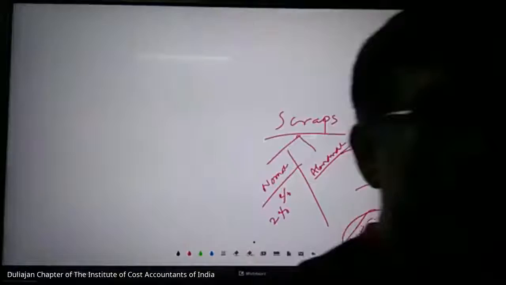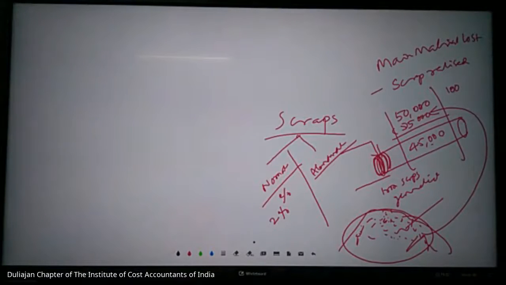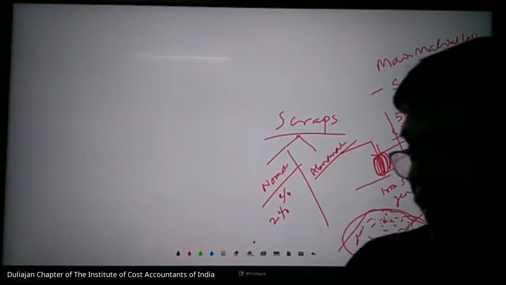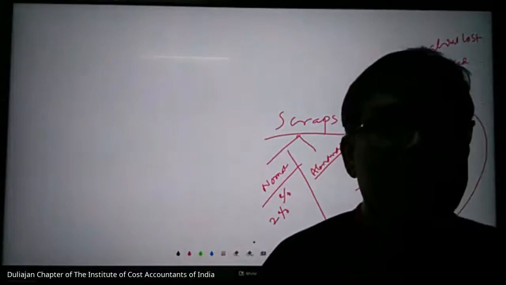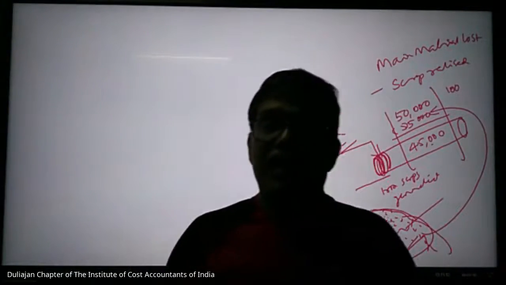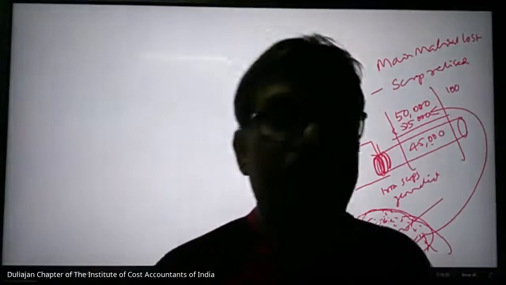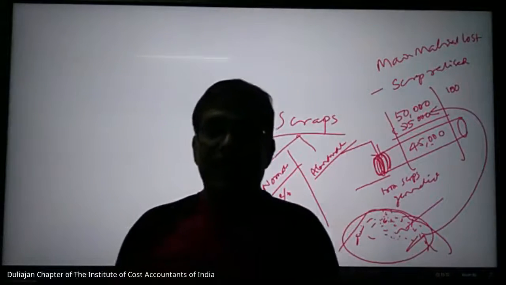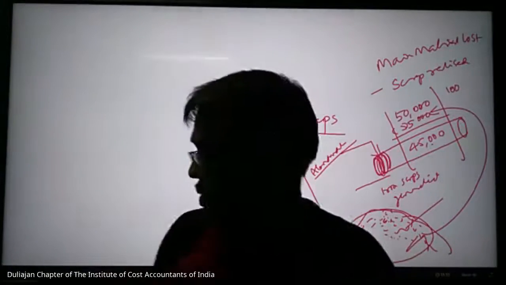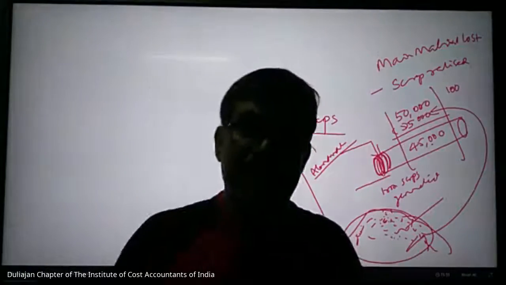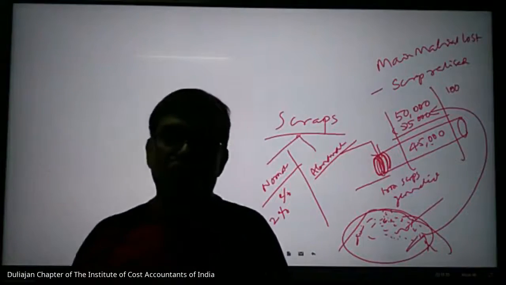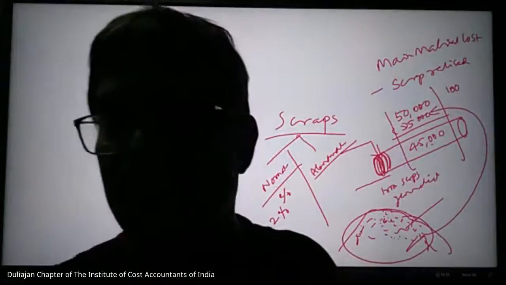So we will stop with this, and next class, if you have any doubt, please go through your study materials, illustrations. Try to solve all illustrations. You can send me a WhatsApp if there are any particular illustrations you are not able to understand, any problems you are stuck on, a particular point where you are stuck, you can ask me, I will explain to you. Next class we should move on to labor. Hope you will practice this Sunday and Monday. Those 2 days you work on all the illustrations.